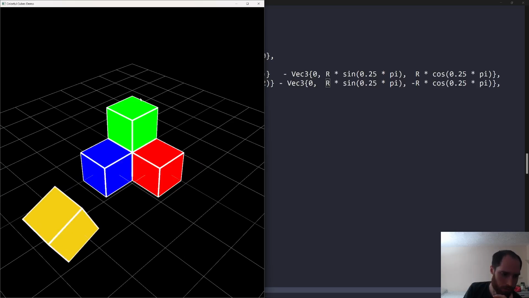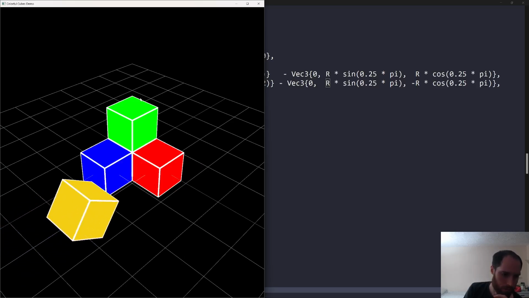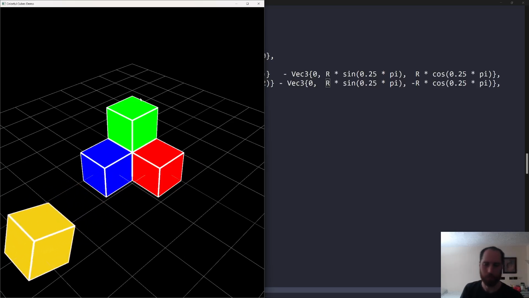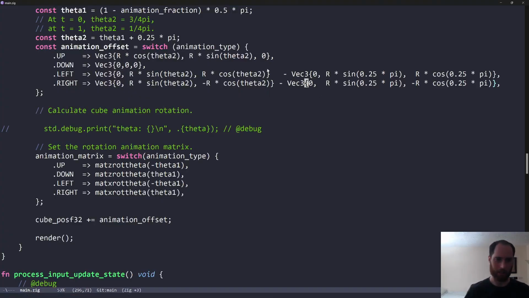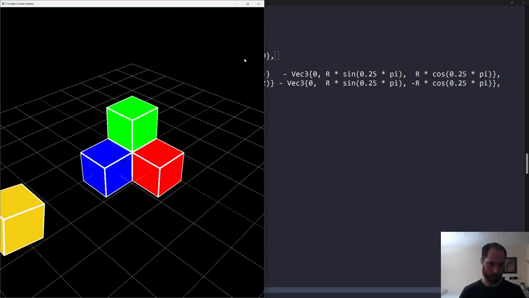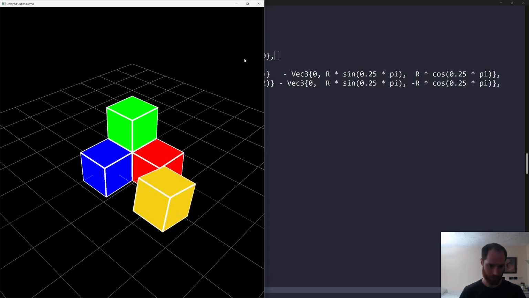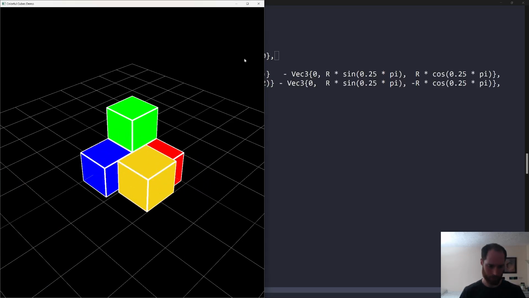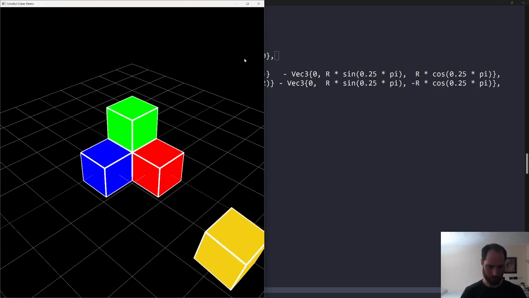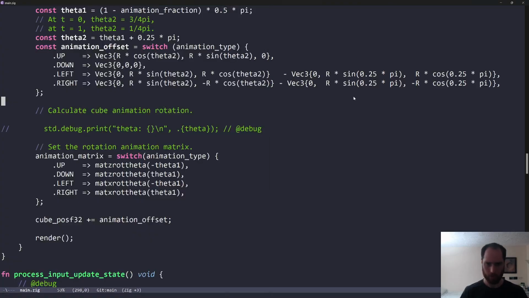Okay, yeah, that is working. Good. Instead of making the animation quick and then running into the exact same issue, let's use the slow animation to get the up working now. So the up is doing what? The up is first of all rotating in the wrong direction. So let's fix that. So the up should